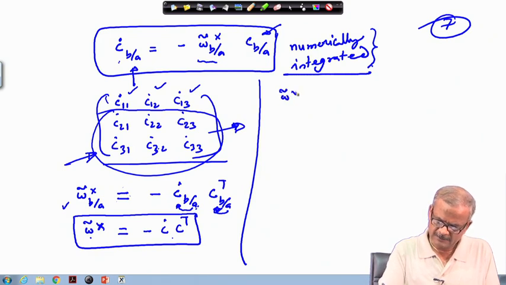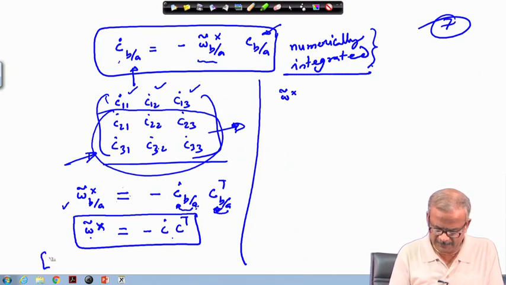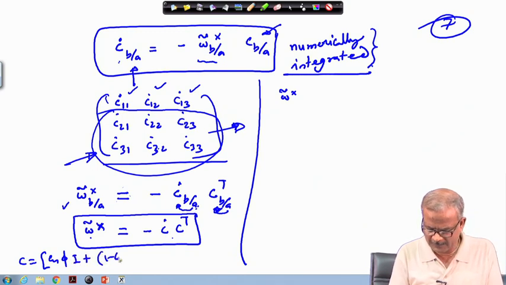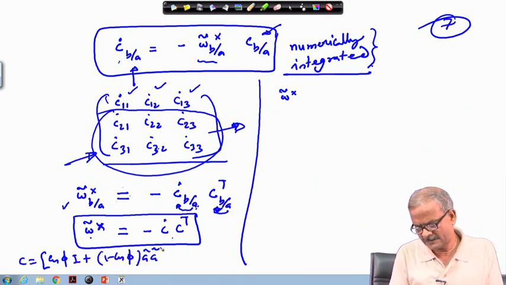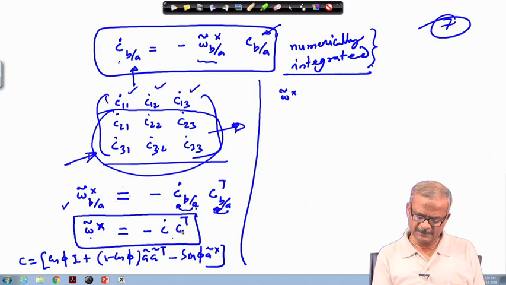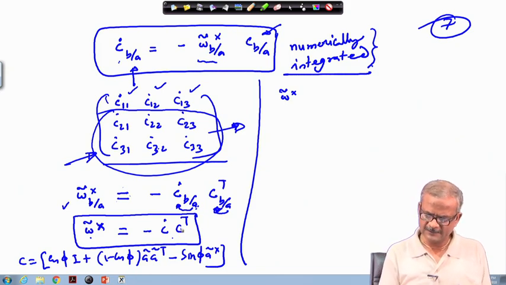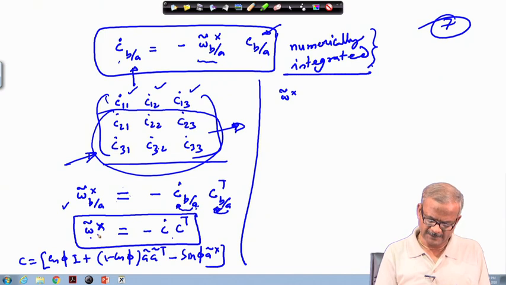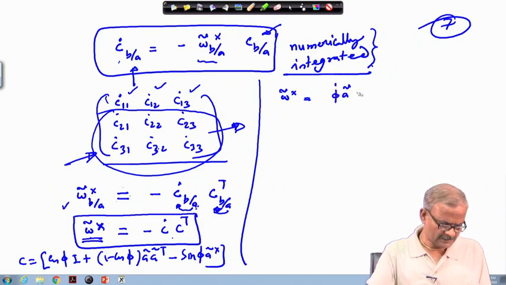So, omega tilde cross, if we expand it and work it out, we know that C can be written in terms of cos phi I plus 1 minus cos phi a tilde a tilde transpose minus sin phi a tilde cross. From here we can write C dot in terms of phi dot and a dot, and if we insert it here, which again we will take as a tutorial problem, we get this omega cross. So, omega cross turns out to be phi dot a tilde